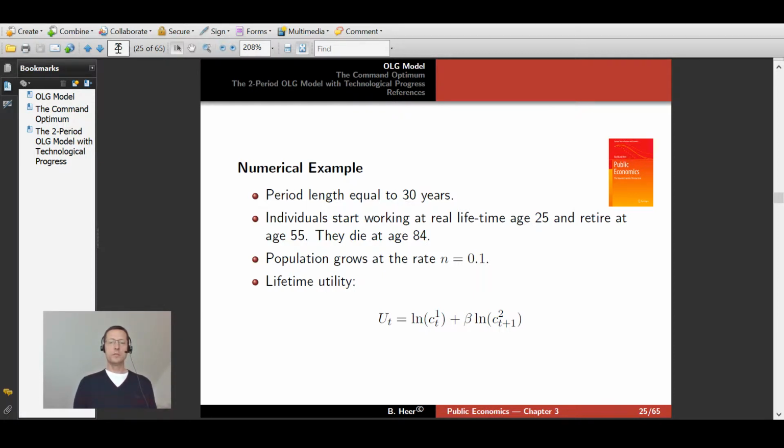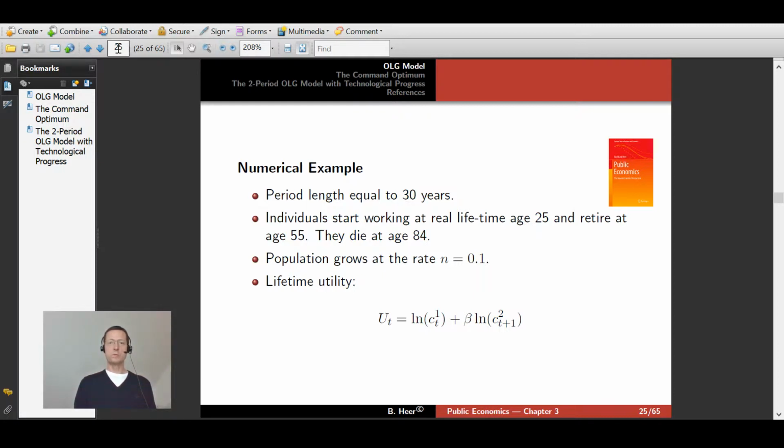We study a two-period overlapping generations model with a young and an old cohort. The young cohort is working and saving for old age, and in old age the retirees do not receive any pension. As we consider only two periods, the period length is rather long, amounting to approximately 30 years,